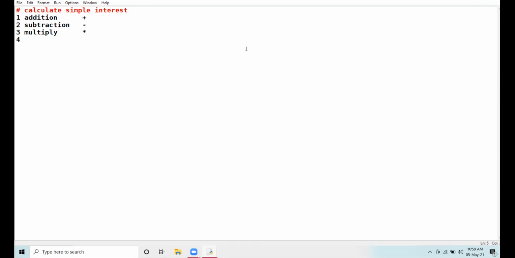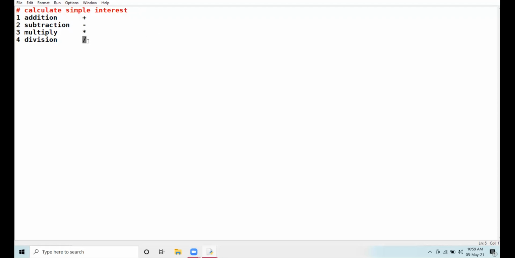Then we have division. Now pay attention here carefully. Division is denoted by forward slash. Addition is okay, subtraction is okay, multiply is okay. When we come to division, there are three different possibilities.